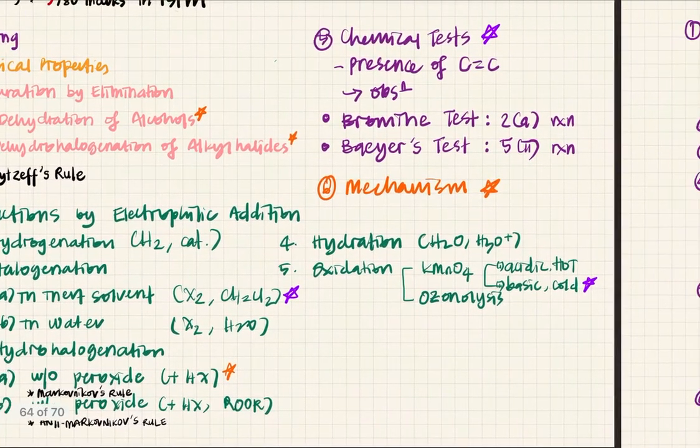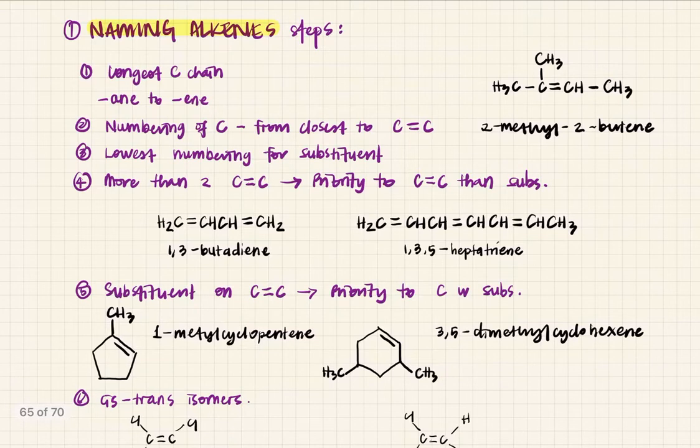Alright, so let's start. For naming of alkenes, you have to follow the steps like when naming alkanes, just that now you have a functional group, so you have to change your ane to ene. So first look for your longest carbon chain, and then you will start numbering your carbons from whichever end is closest to the carbon-carbon double bond. So it means like this question here. Okay,